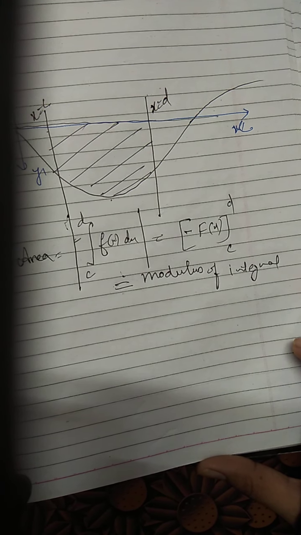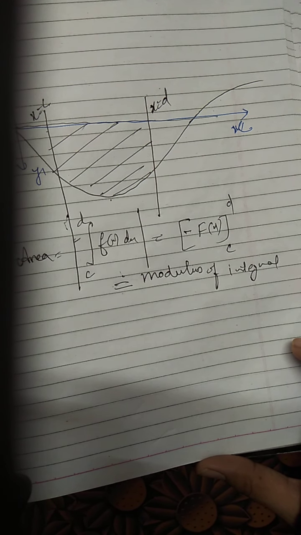Okay, so now we will start with our exercise 8.1. The sums are very simple. We will start with the first sum here, and in between, if anything important comes to my mind, we will discuss that. The only thing you have to take care of is that you should know the formulas of definite integral, and you should draw the rough sketch neatly with the help of a pencil, so that the curve, the lines, limits, and area to be calculated are all clear. Now we will start with our exercise 8.1.